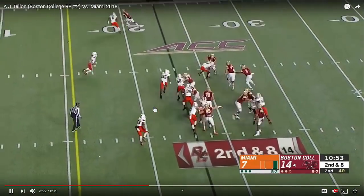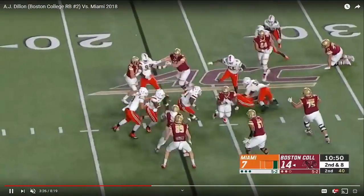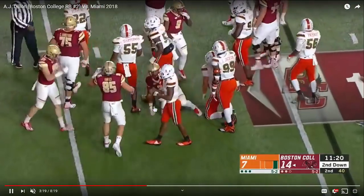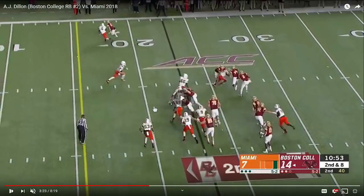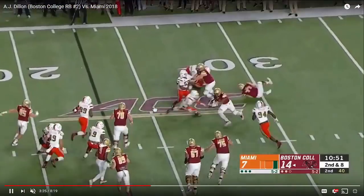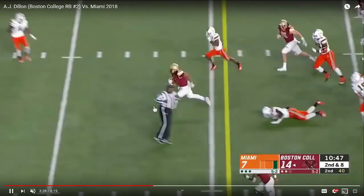And you see that this is the only time we've seen him try to be super creative on this way, where he prolongs a play that doesn't work out, that breaks, and is able to do something about it. I mean, we saw one where he cut back, but he didn't have to delay, work outside into a defender that's penetrating, and then cut back like this. This is creativity, and it's selectivity of when to do it. And the fact that he succeeded with it